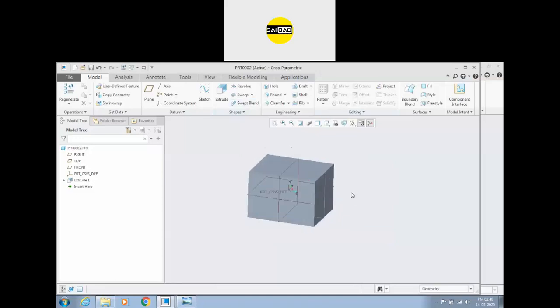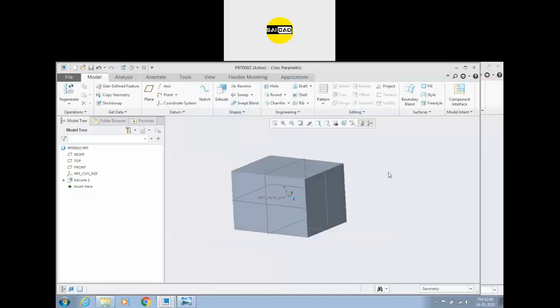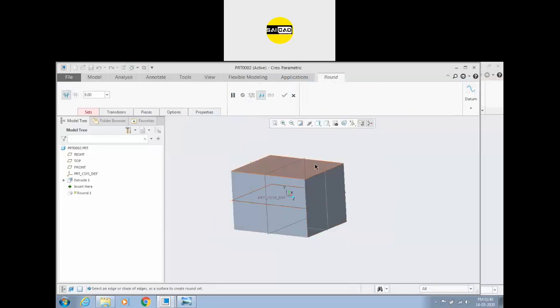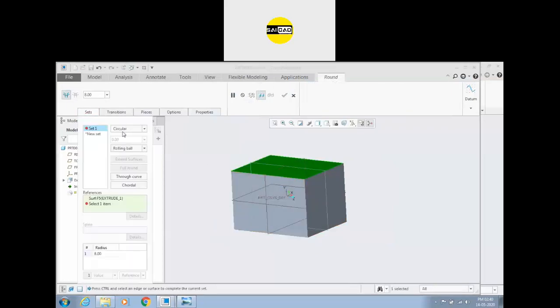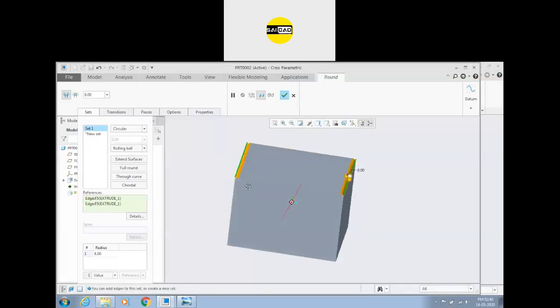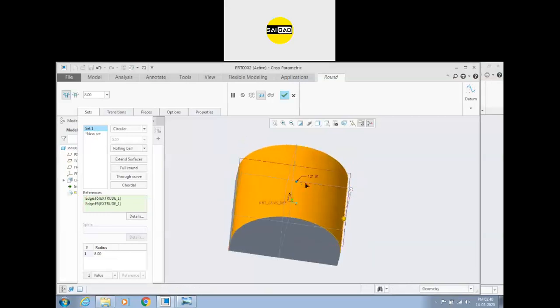How do you want to apply the symmetrical fillet? You can select the edges or you can select the face to apply the round. We have multiple options. You have to first select the edges. You can select both the edges like this.